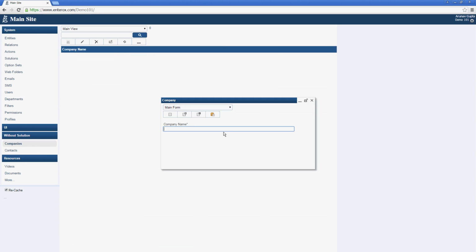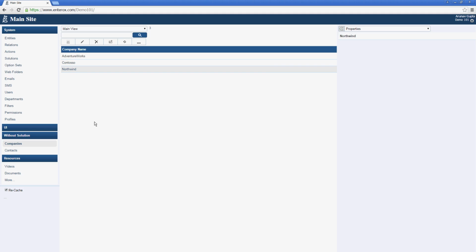Let's create some company records. AdventureWorks, Revenue, Contosource, Revenue, and Northman, save and close. Now, before we proceed to setting up relation between company and contacts, let's try and understand